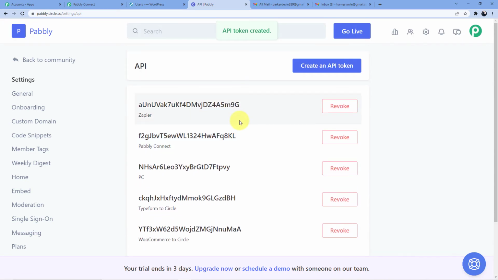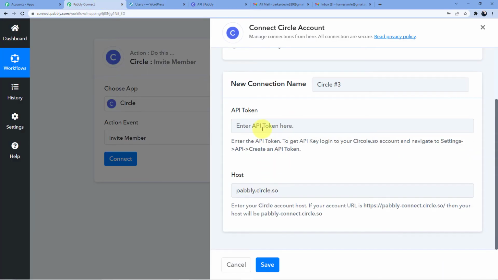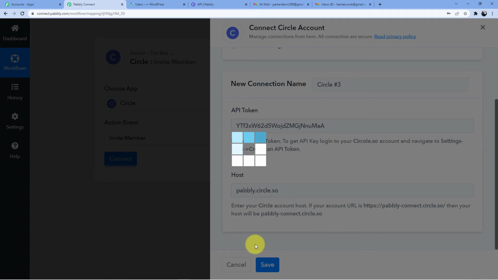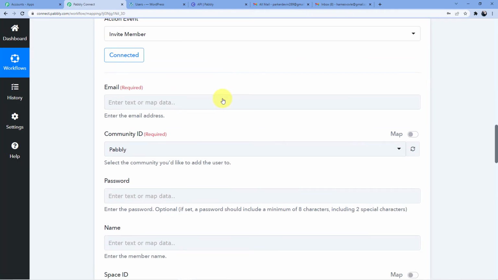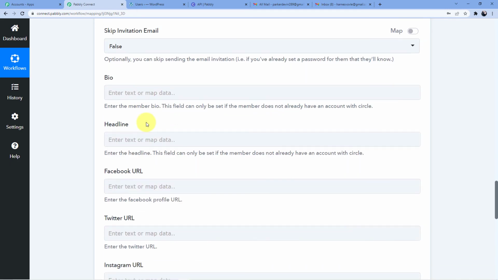And as soon as we create it, you will see we have this new API here, WooCommerce to Circle. We'll just copy this. We will go back and we will paste this API token here, and then we will click on save. Now, as soon as we click on save, you will see we have these fields here: email, community ID, password, name, space ID, etc., etc., etc.